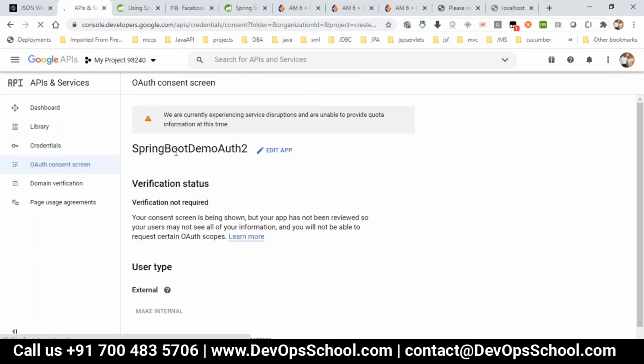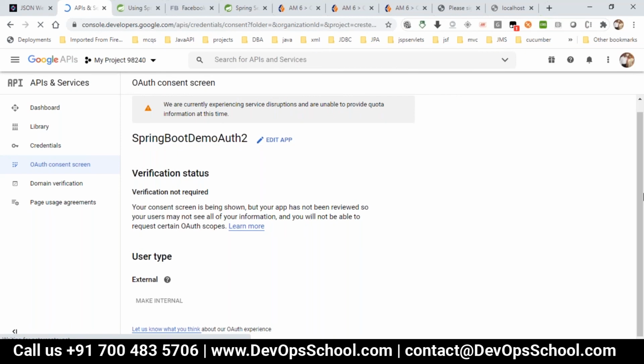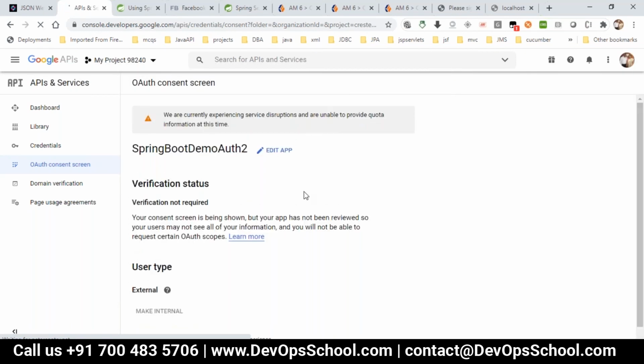I have an application, a Spring Boot demo, but I've already used it for my other project. So currently I'm unable to provide the quota information at this time, because my OAuth quota is completed. That's why I could not access it.